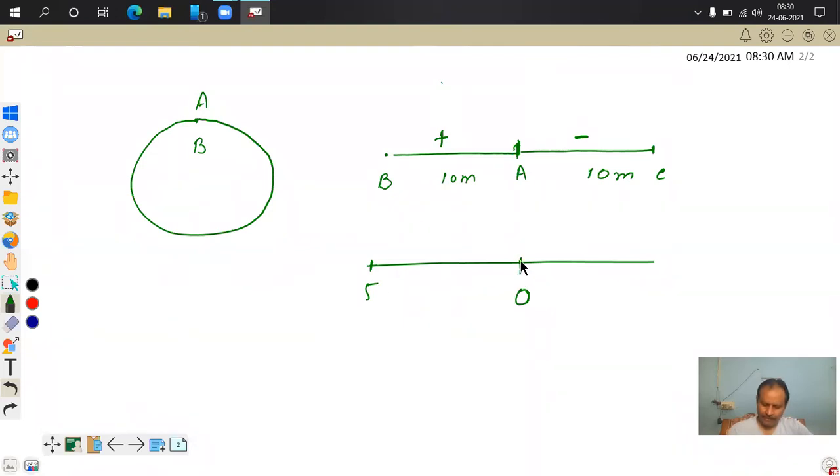Because every time we had treated towards the left of 0, any number is negative, and towards the right of 0, any number is positive. इधर पॉजिटिव होता है, इधर नेगेटिव होता है। शायद हम लोग सीखे हैं क्लास 6 में, 5 में, नंबर लाइंस पे रिप्रेजेंट करना सीख गए थे। So this way we can observe that the displacement can be negative too. डिस्प्लेसमेंट नेगेटिव भी हो सकता है, मगर डिस्टेंस कभी नेगेटिव नहीं।